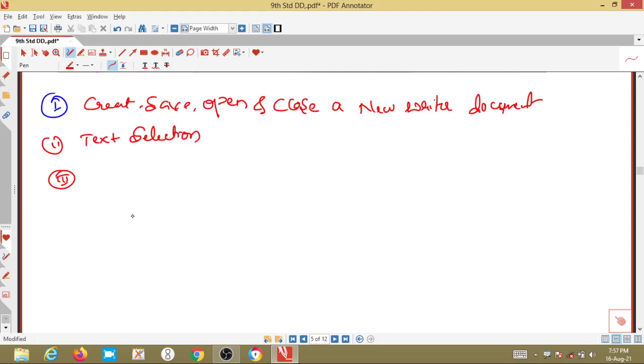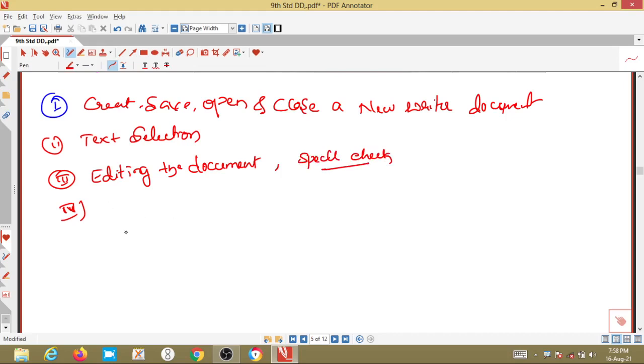Then create is over, text selection is over, then editing the document, we will also see, as the third one. Then fourth, in editing we will also see spell check, which I think I explained in my previous video; we will see it in detail.